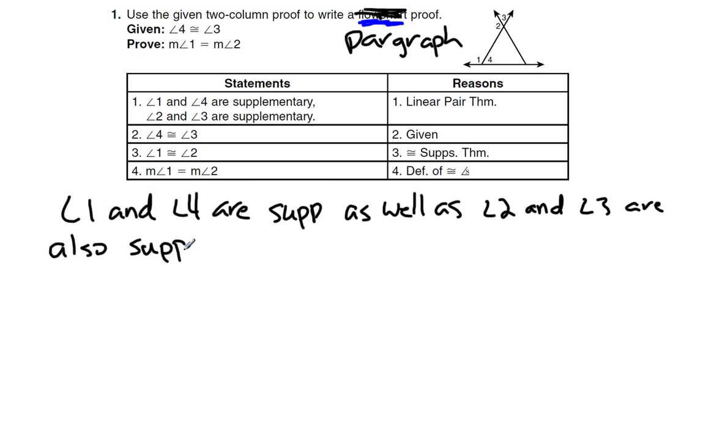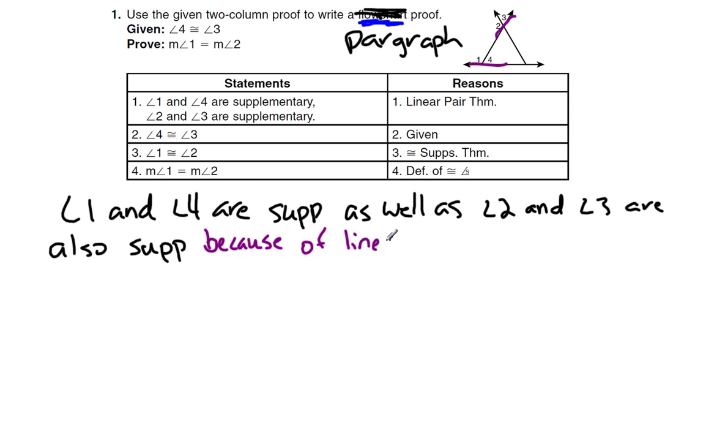And why is that? Well, it says linear pair theorem, or we can actually look at it and see, well, 1 and 4, those 2 make a straight line, and 2 and 3 make a straight line, which is where this linear pair theorem comes from. So because of